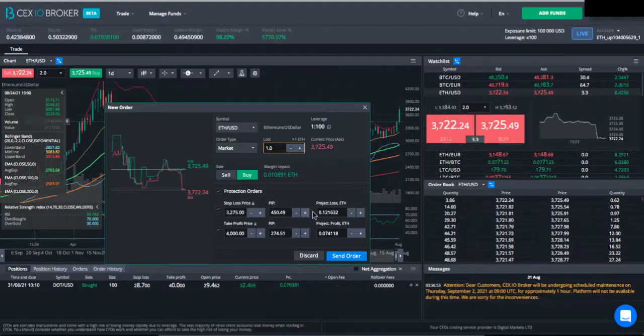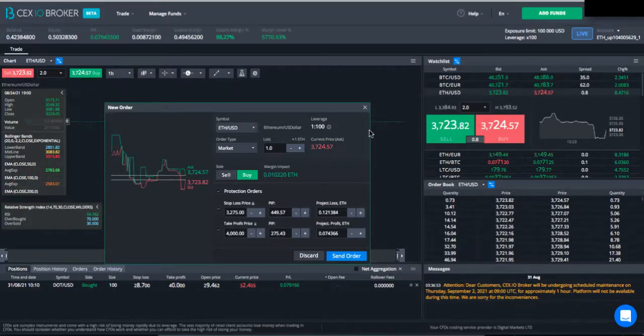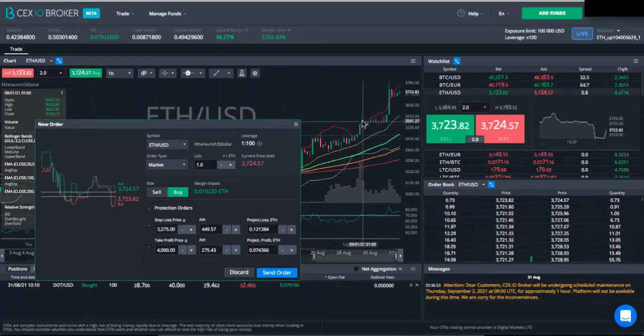Okay, and once again though, it's showing me in terms of my risk to reward, am I willing to let it go down that far? So what I can do here is I can go to a smaller time frame like the 1 hour. Okay, and I can see a bit of a clearer picture here in terms of this movement. Alright, so here's 35, so we see that it did some consolidation and it broke out at this level at